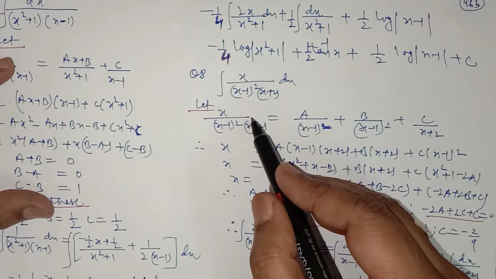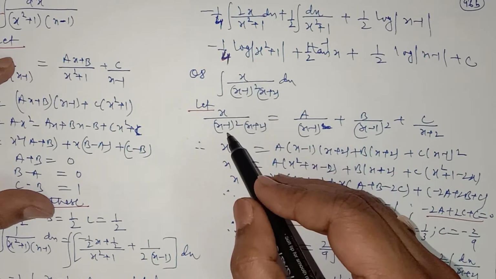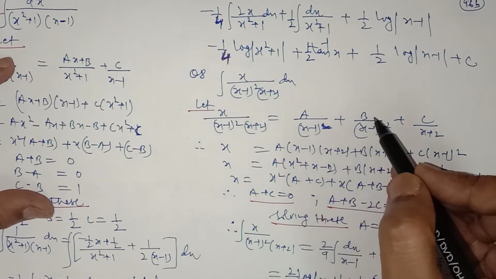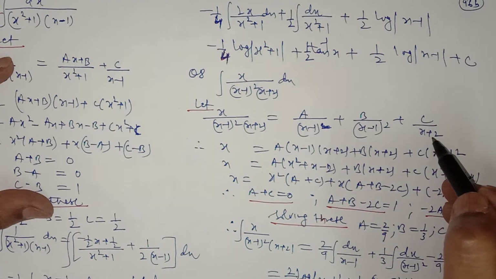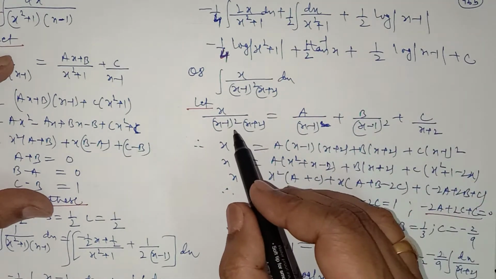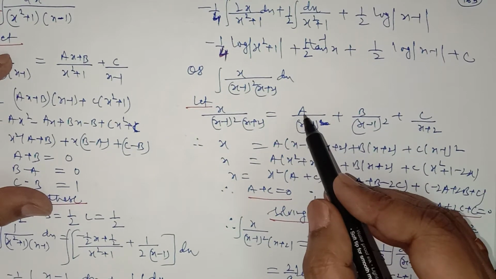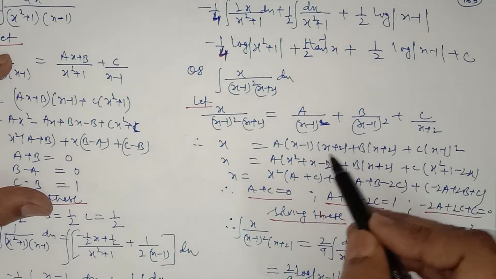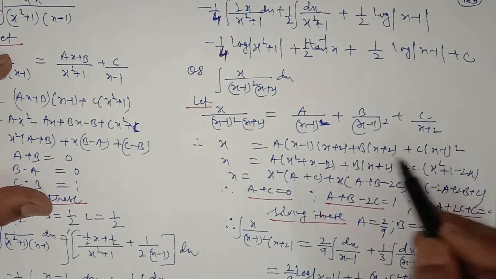I have already told you in the beginning of this exercise that you have to let A upon the first factor without a square, B upon the first factor with a square, and C upon the third factor. As usual, add on the right hand side, and the denominator will be cancelled out on the left hand side as well as the right hand side. In the numerator on the right hand side, we have A into (x minus 1) into (x plus 2) plus B into (x plus 2) plus C into (x minus 1) whole square,